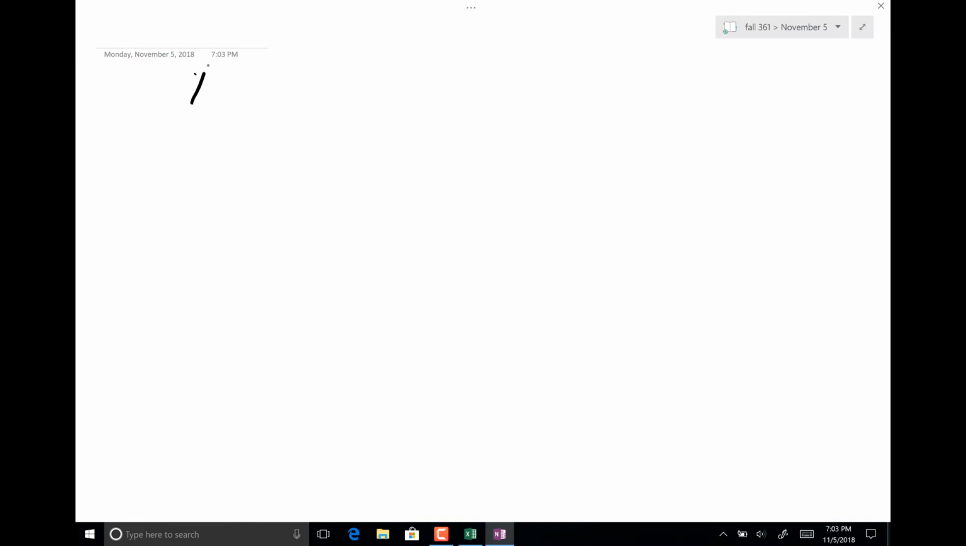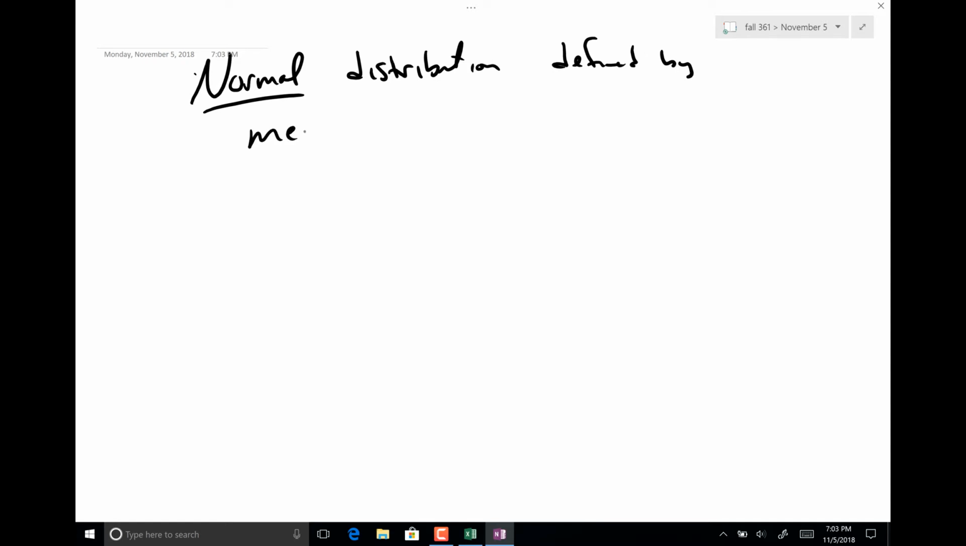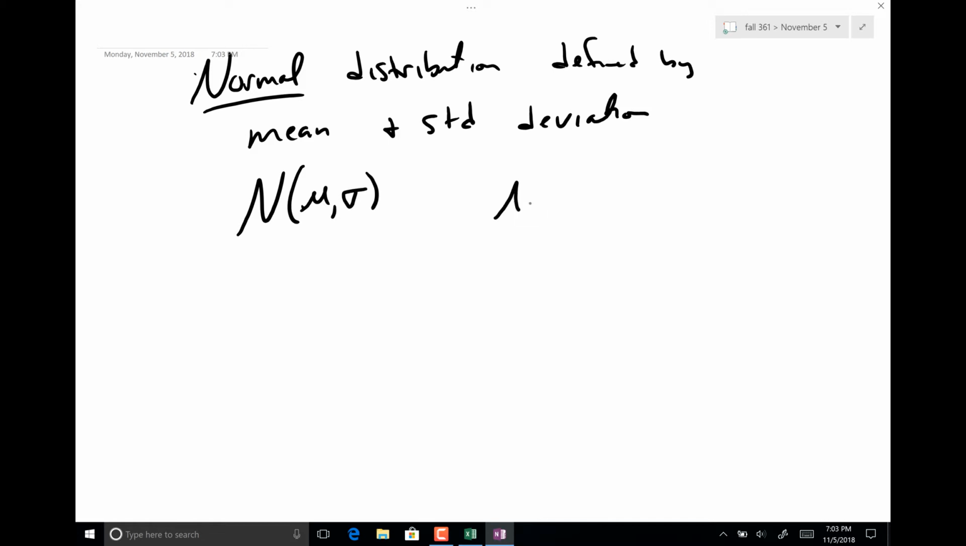Number two, the normal distribution is 100% defined by the mean and standard deviation. So what we will say is it's normal and mu sigma, like that. Okay, so if I tell you that it's normal, 200 pounds and 14 pounds, what we're saying is this distribution